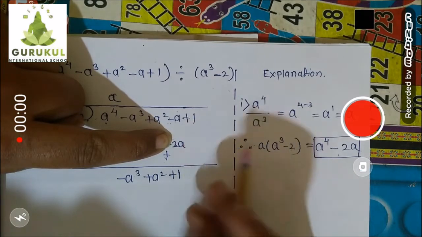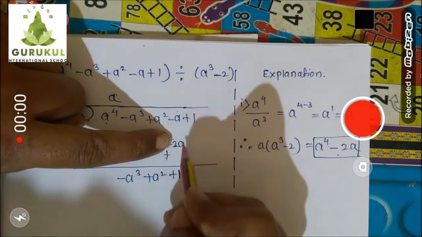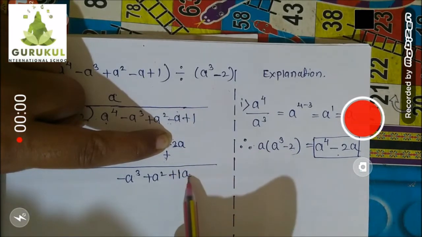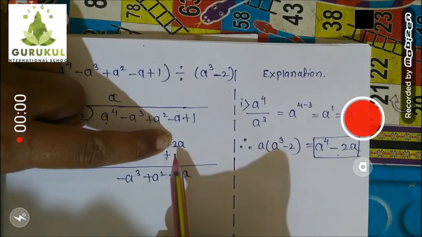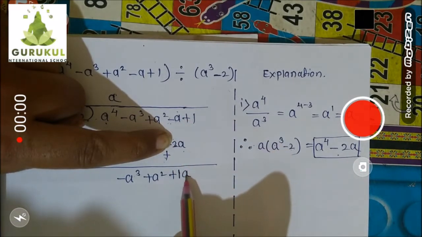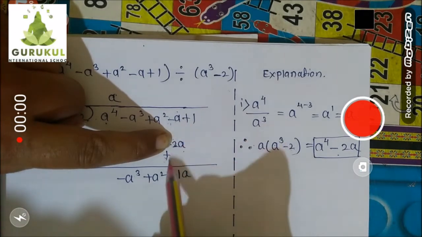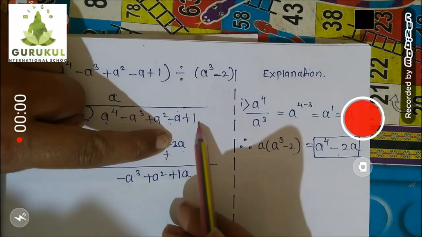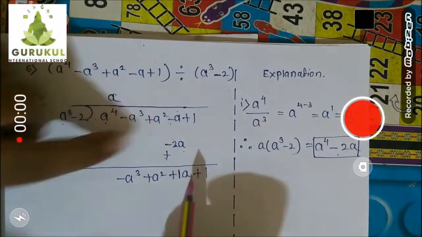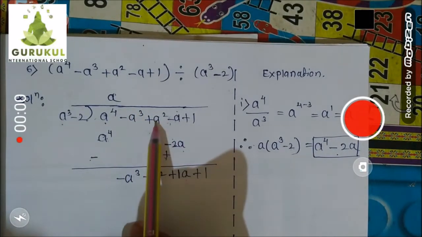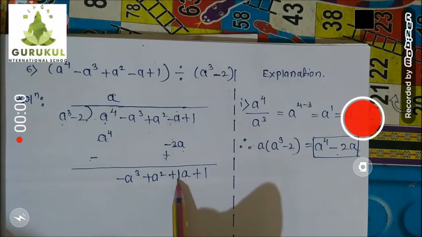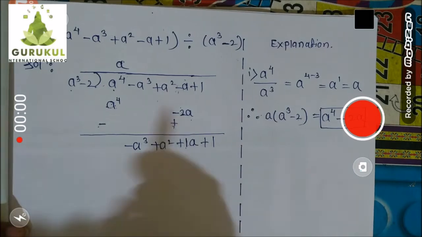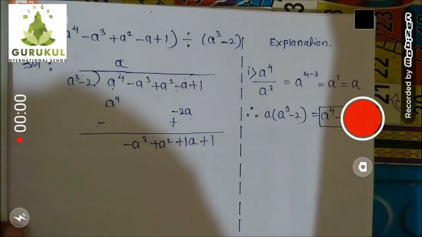So this plus greater number sign I will put it over here. And this variable a I will write it as it is. Remember, you are not multiplying the terms to write a square. We are subtracting the terms, and that's why this a variable will remain common as it is. So minus 1 plus 2, answer is plus 1, and this a I copied. After that plus 1 is left out, that I will write. So have you noticed, this I copied as it is, this I copied as it is. I did this subtraction, wrote the answer, and this I wrote. Now again your second step will start, but we'll continue in next video, children. Thank you.